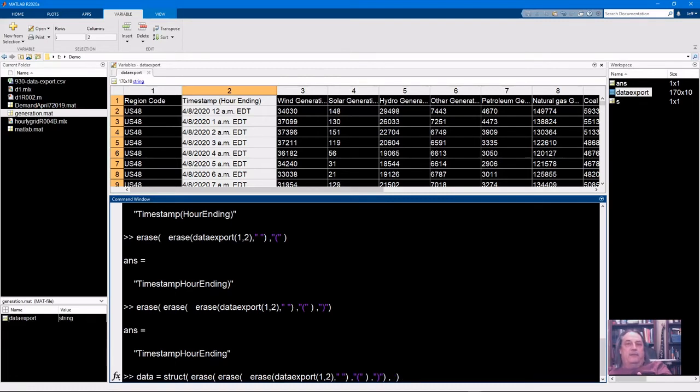And now the value for that field name is going to be what? We're working with the timestamps, so data export, so we're indexing what data export we want. Column 2,